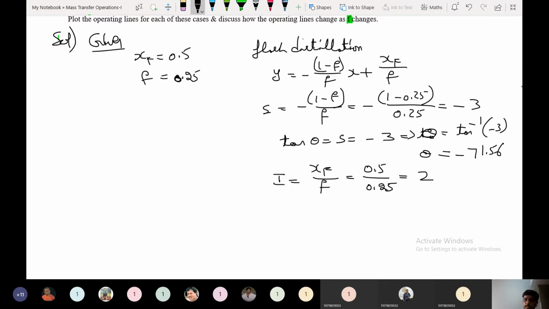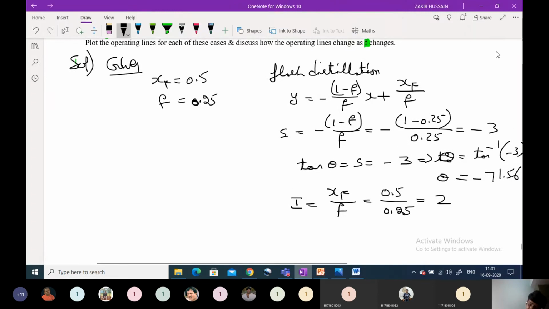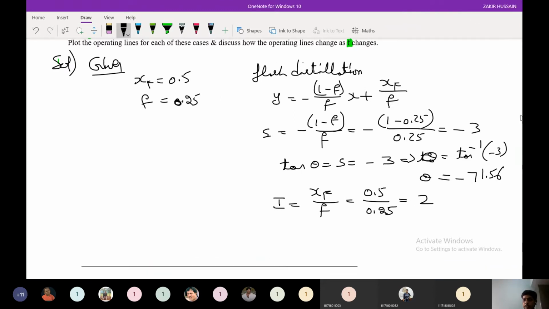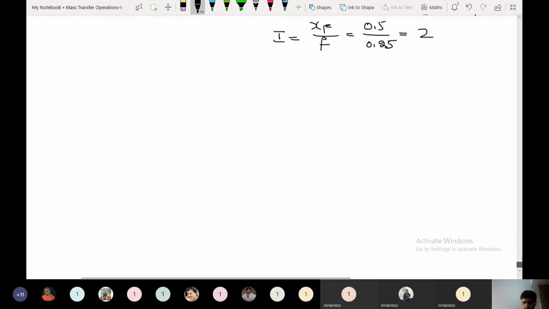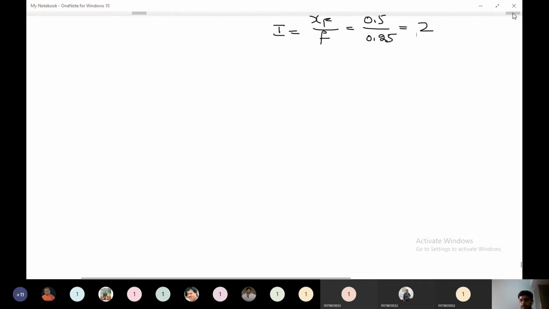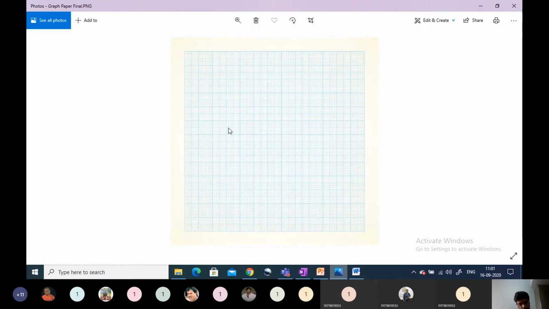So now we need to plot the same graph. Apart from the xy graph, we need to plot the Txy graph, because they already asked in this question to calculate the temperature value also here. So in order to calculate the temperature value, we need to plot the other plot. The two plots will come. Because here the digital graph paper is very small. In the real graph paper, if you see, the graph paper will have more digits compared to this digital graph. You just divide the one graph into two different graphs.